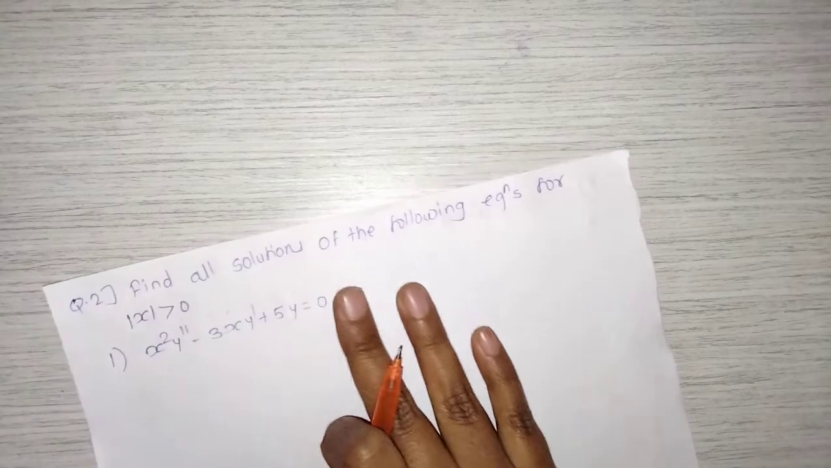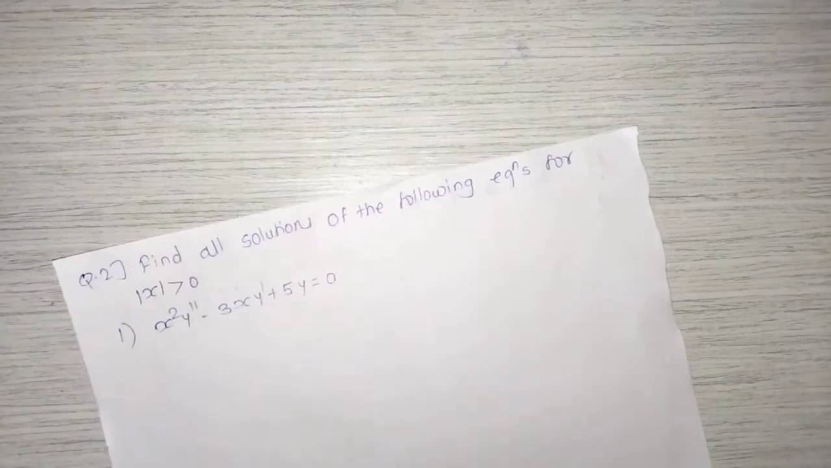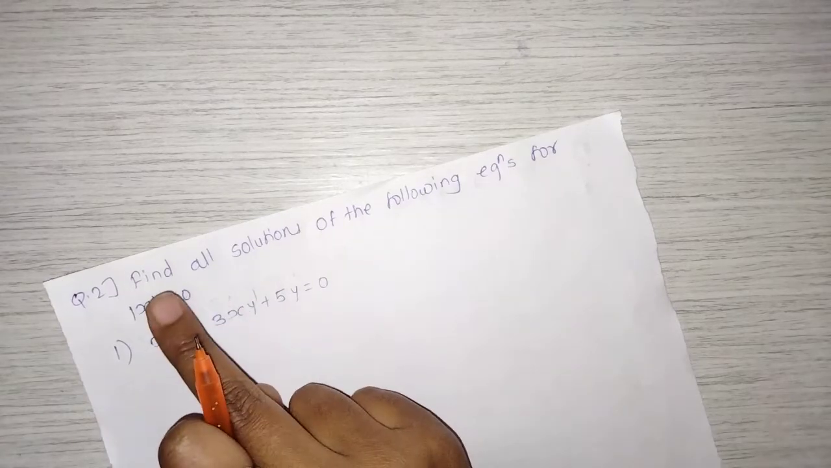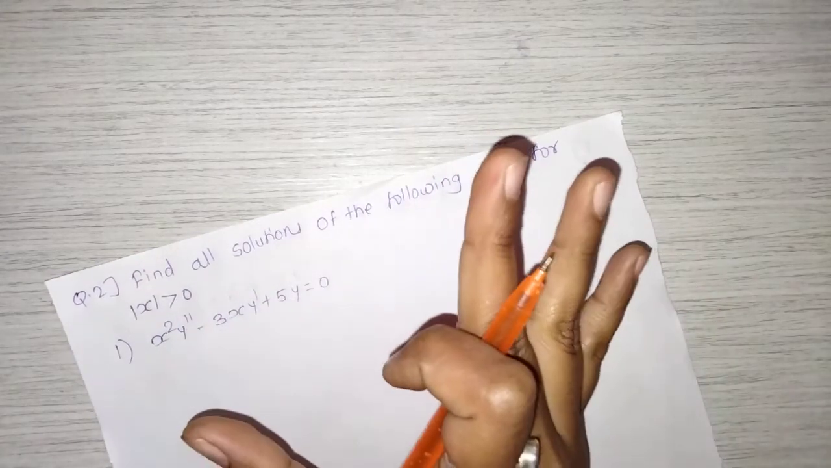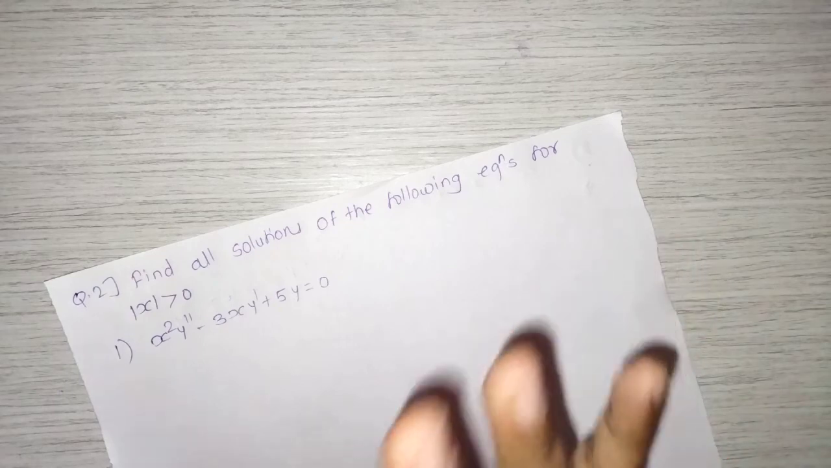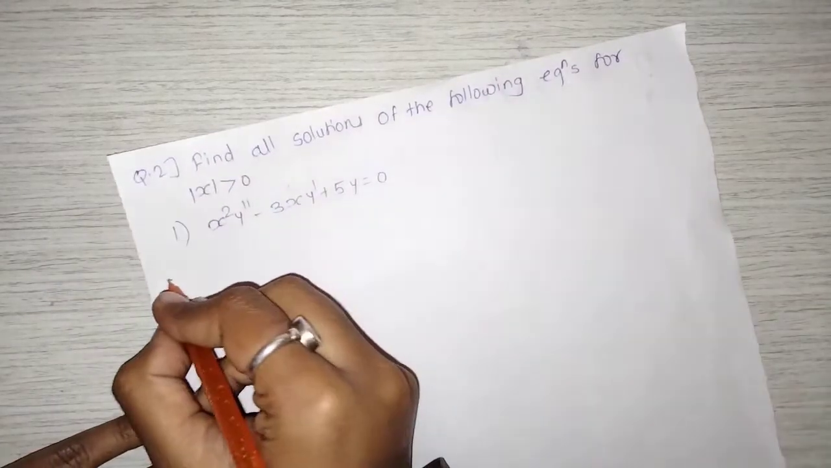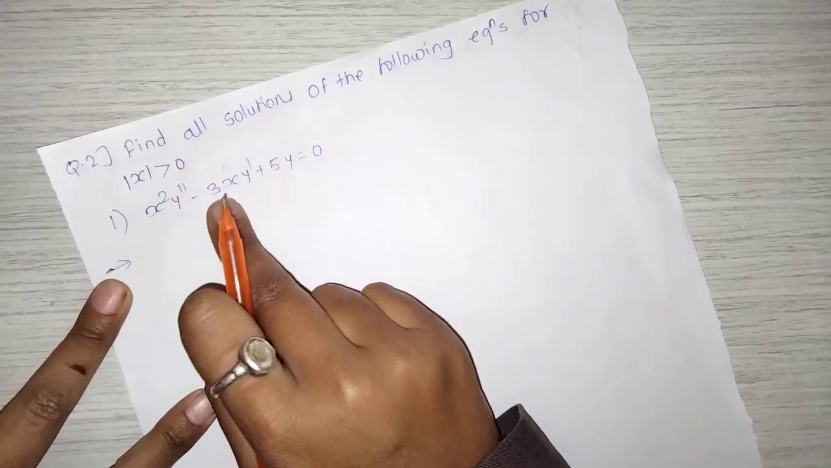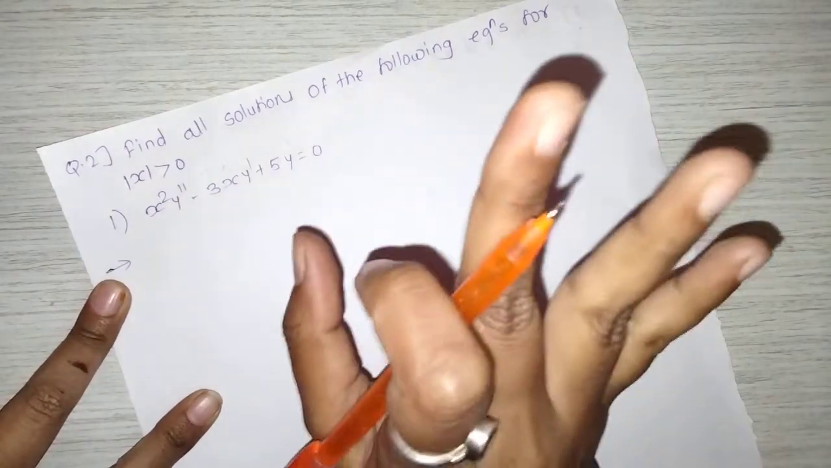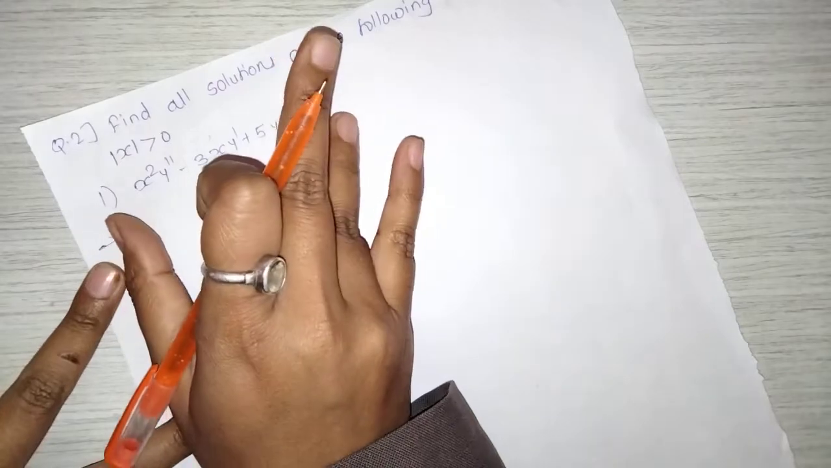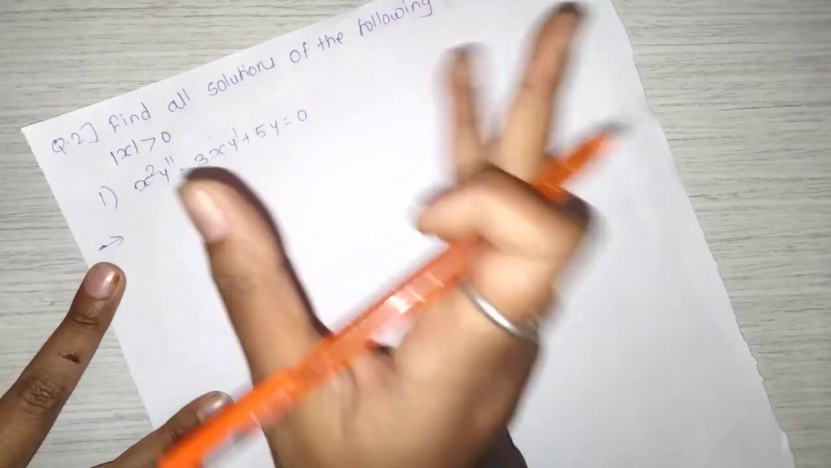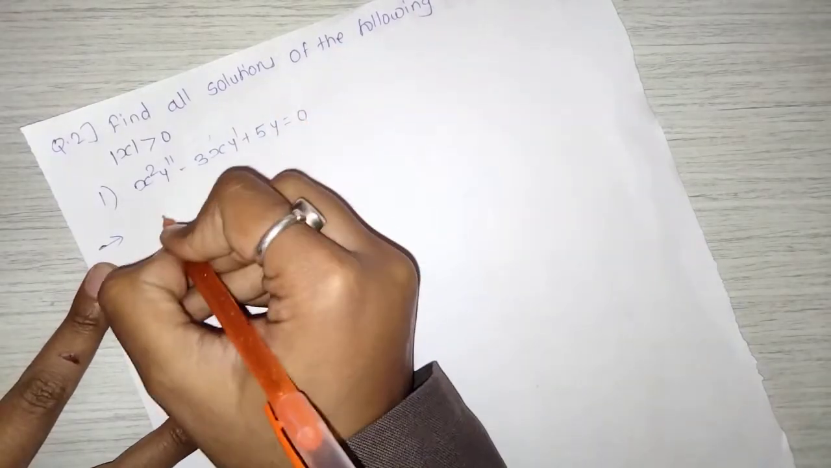Now second question, find all solutions of the following equations for mod x greater than 0. In the previous question, given x greater than 0, and in this question, given is mod x greater than 0. So the first example is x square y double dash minus 3xy dash plus 5y equal to 0. Now you can see that this equation is in the form of an Euler equation. So comparing the given equation with the Euler equation,